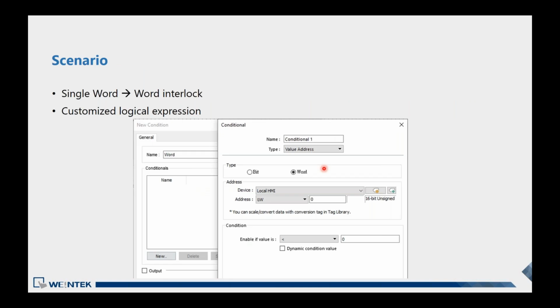So in V6.9.2, the condition object supports customized logical expressions, allowing more complex judgment to be implemented in this object. But we only need to use one word to serve as a word interlock for other objects. Okay, so let me show